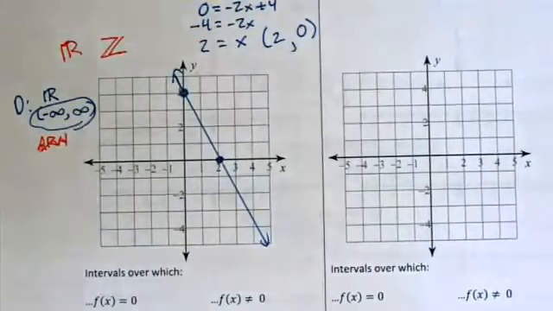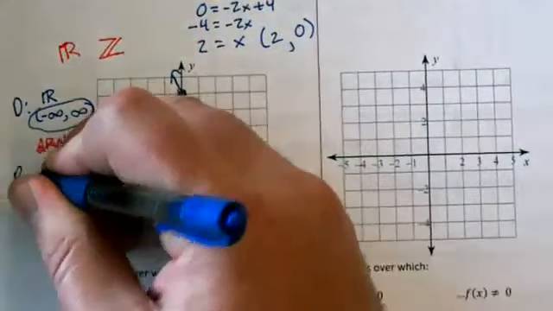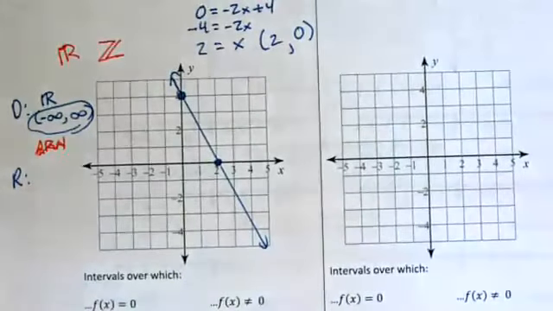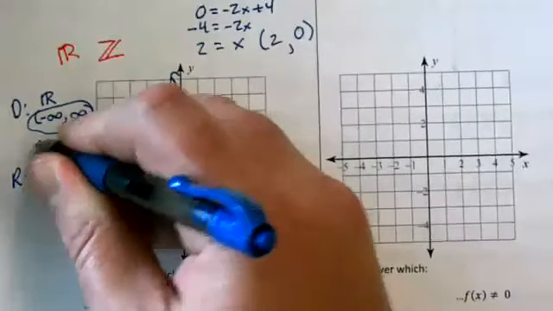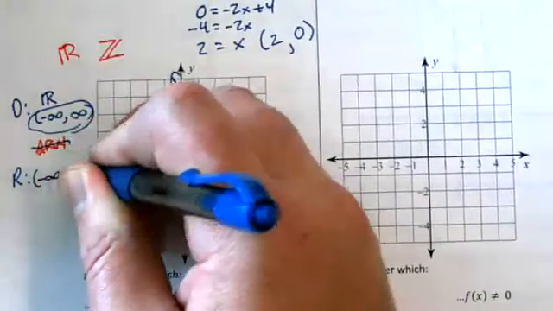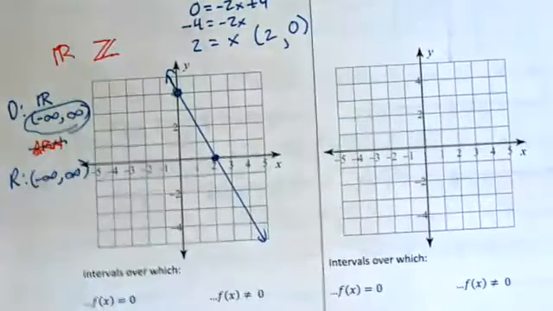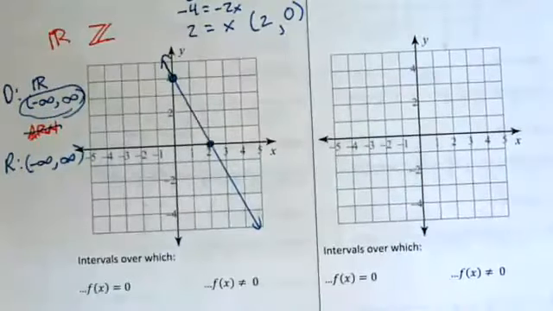Anyways, how about range? The range goes with the y coordinates, good. And what y coordinates are going to end up on this graph? All of them. So negative infinity to infinity. This is further down the page on your own page, but